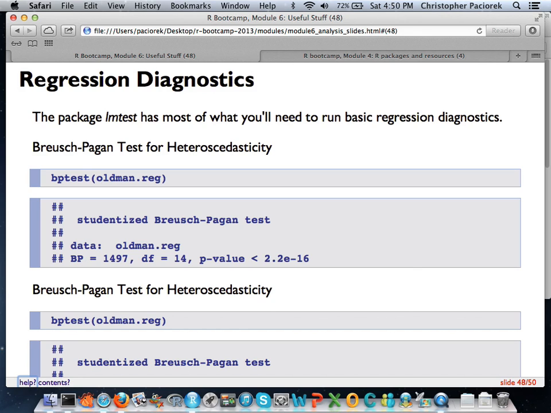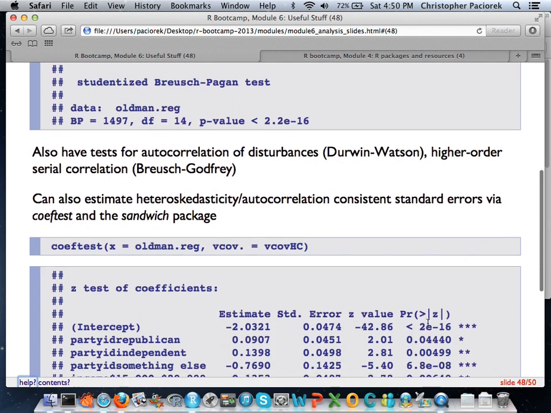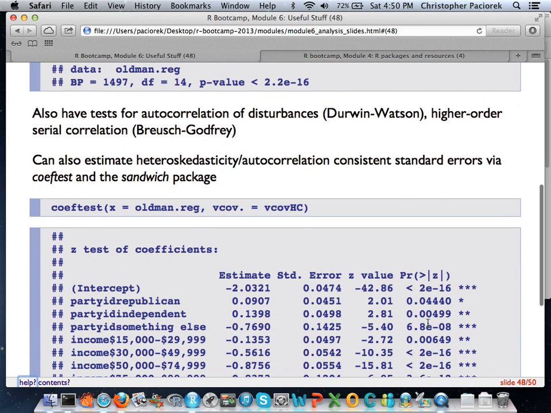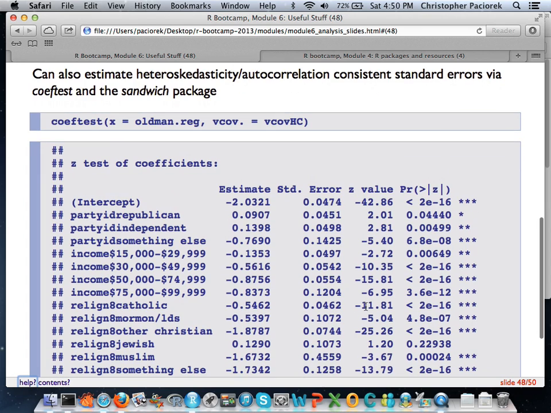Yeah, so that was the BP test there. That was listed twice. So there's a whole lot of tests. You can have a Durbin-Watson test, for instance. And one really important thing that people are interested in, especially if you're worried about heteroscedasticity in your errors and you want to estimate some sort of robust variance-covariance matrix, you can again take this